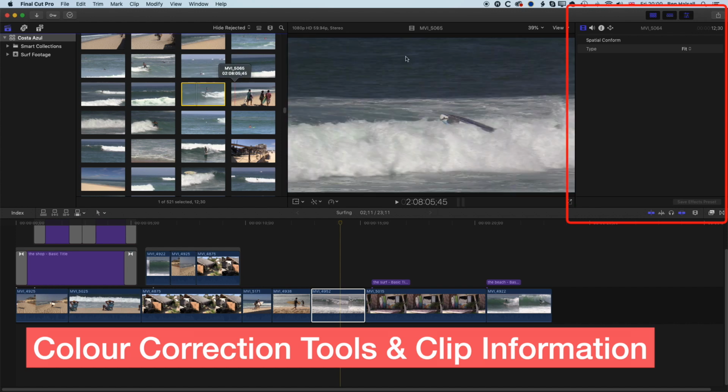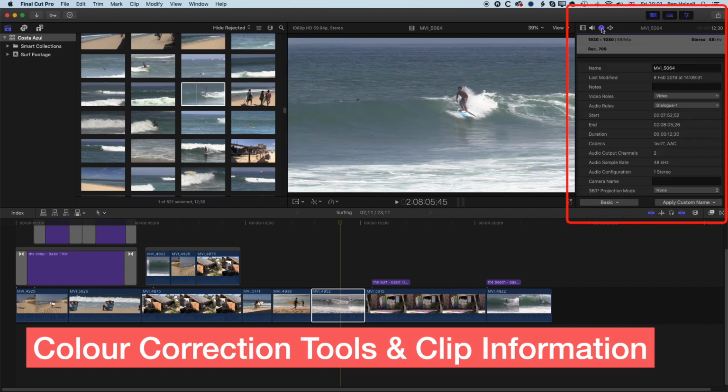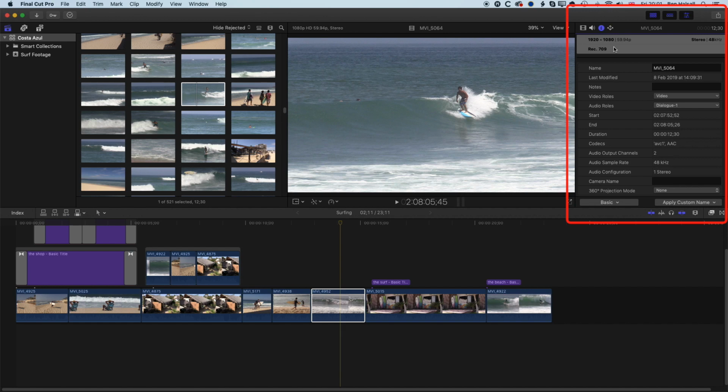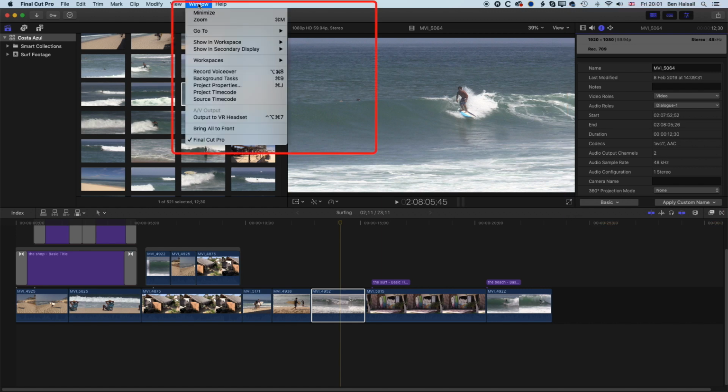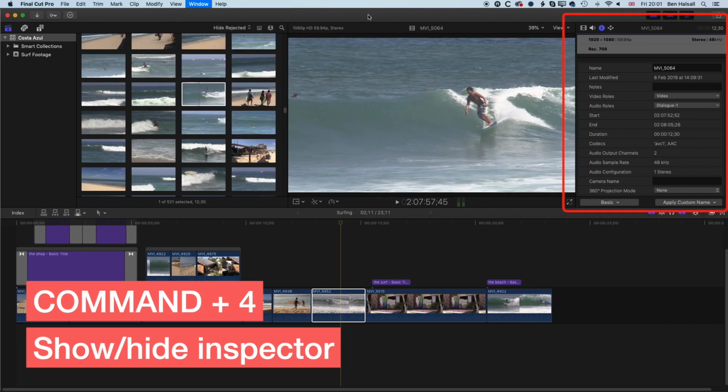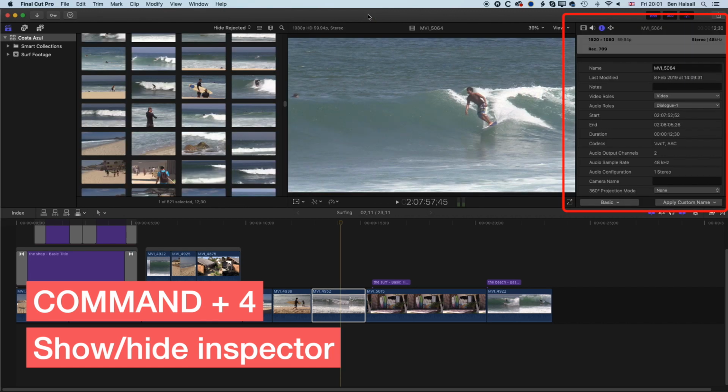So when we select clips here, we can view the info for those clips. So for instance, if you're having resolution issues or frame rate issues, you might check the resolution and frame rate of your original clips to check that you've got the right clips imported or that they're at the resolution you were expecting. So the inspector is super useful. Again, we can come to Window, Show in Workspace, and show and hide the inspector as well. And Command and 4 is a shortcut for that, which will toggle it on and off, make it visible or